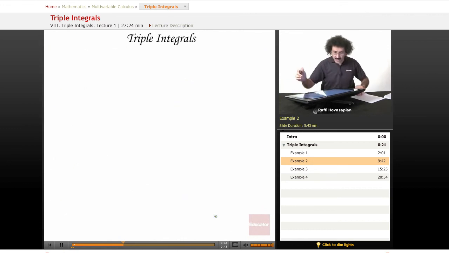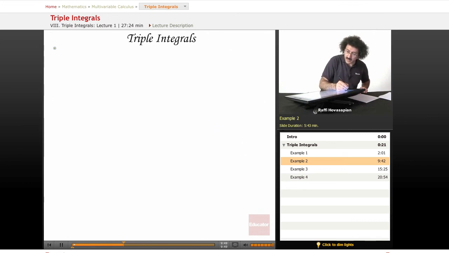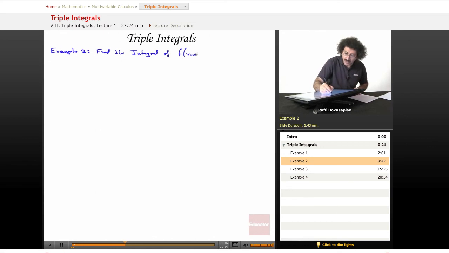Okay, let's do another example. Let's see here. So example 2. Find the integral of f of x, y, z equal to x y squared z cubed over the region